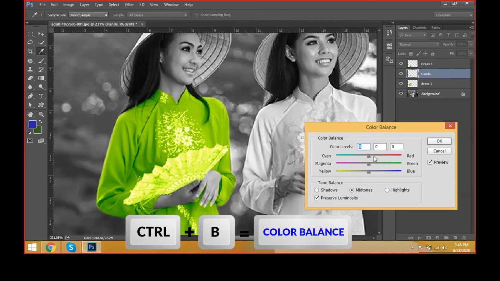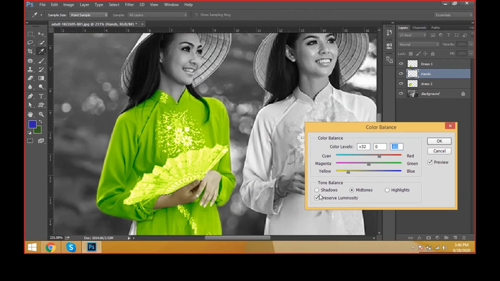Increase some reddishness and some yellow, then click the shadows and increase some reddishness and some yellowish, and go to the highlights and increase some red levels and yellow tone levels. Then see, this is one type of skin tone color.